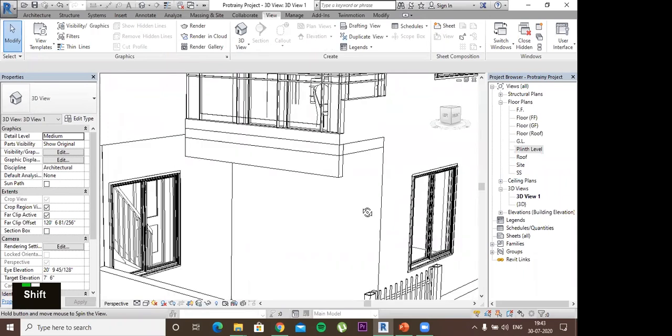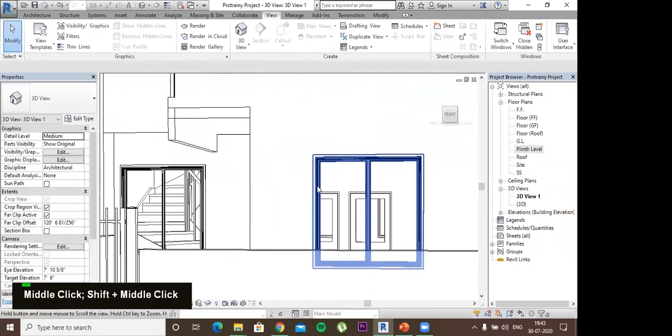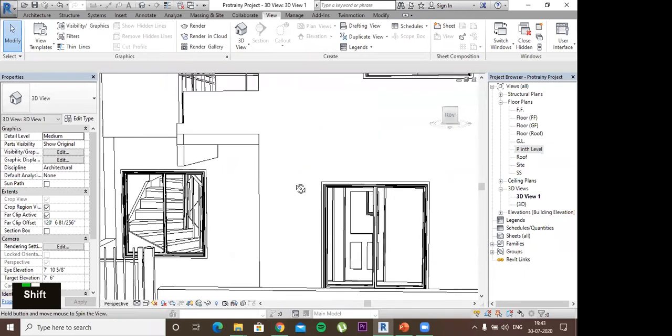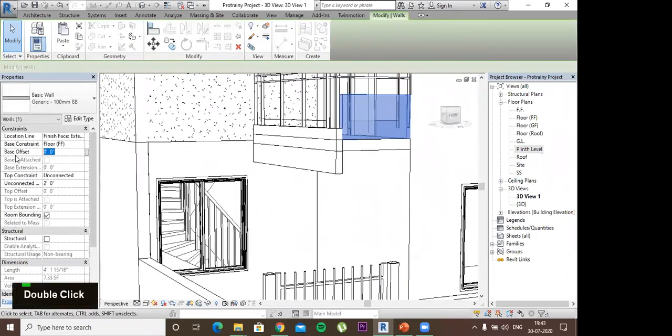I wanted a wall to hang over the bottom a little bit so that it would also act like a rain cover. That's why I gave an offset of minus 1 feet 6 inch.